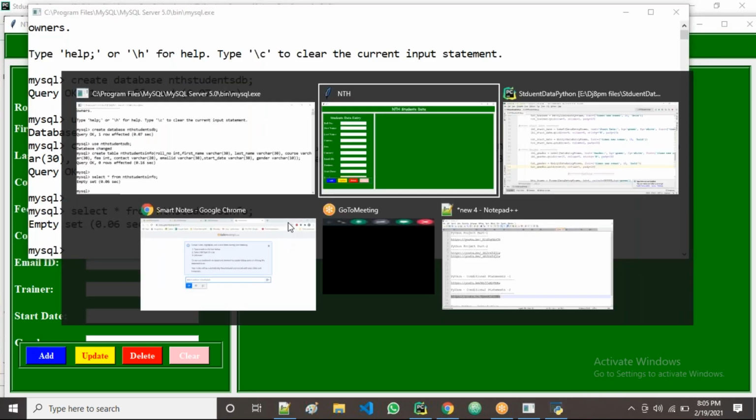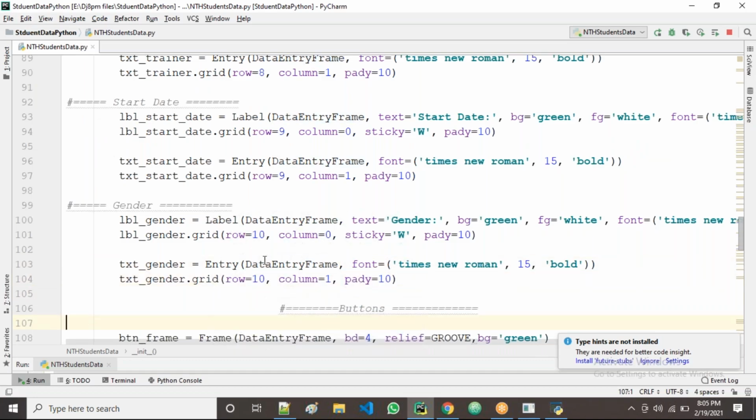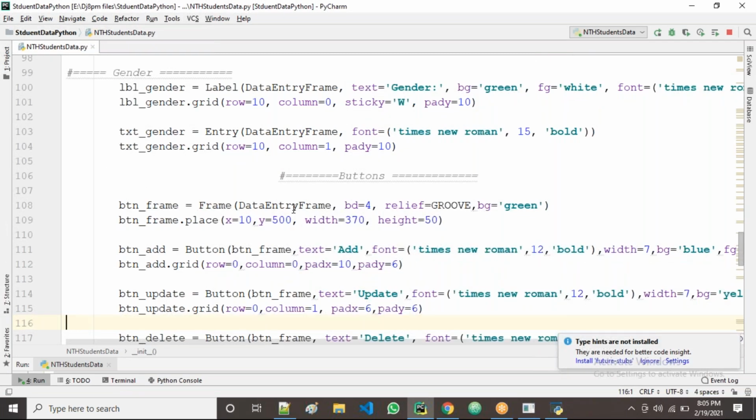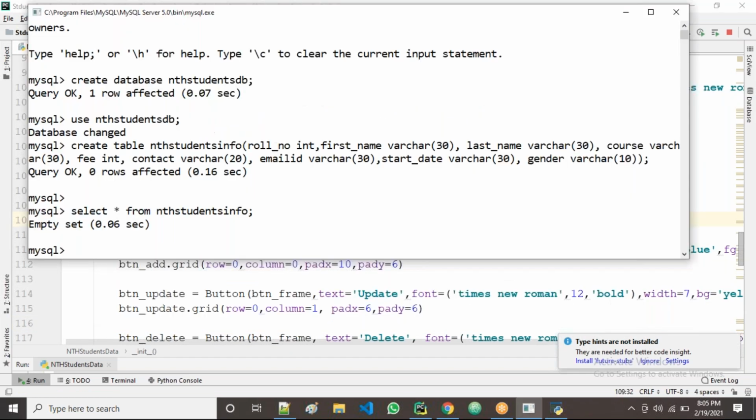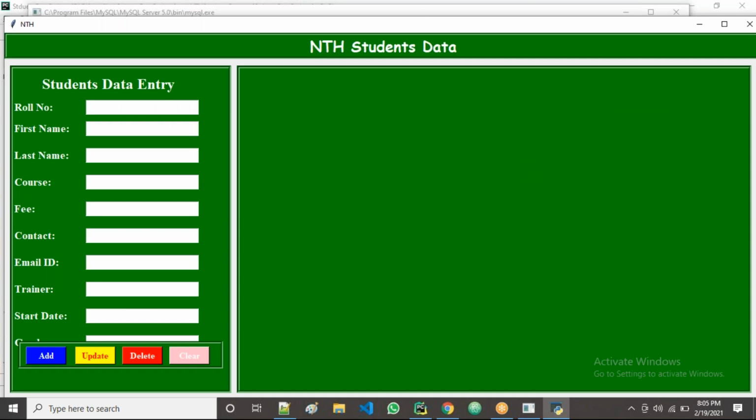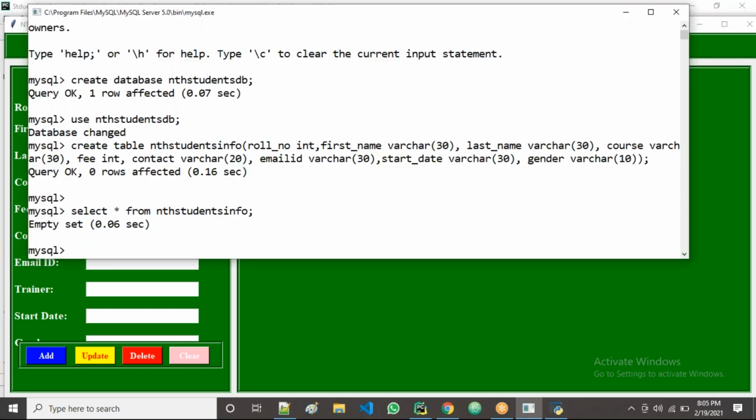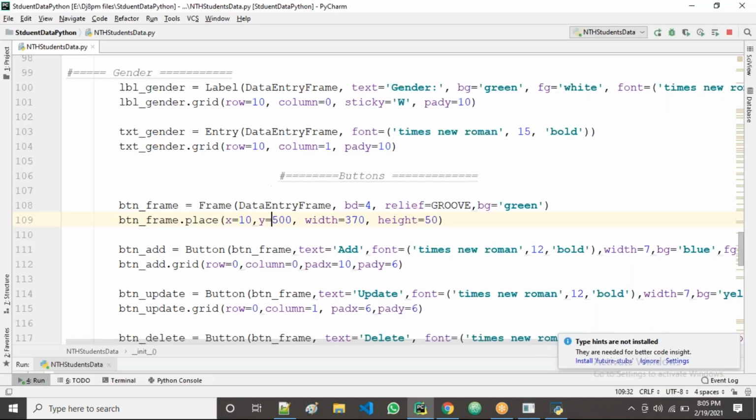Yes. Now we have to change the button frame, guys, with the height. In the Y direction we have taken 500. Now we'll take, suppose, 550.